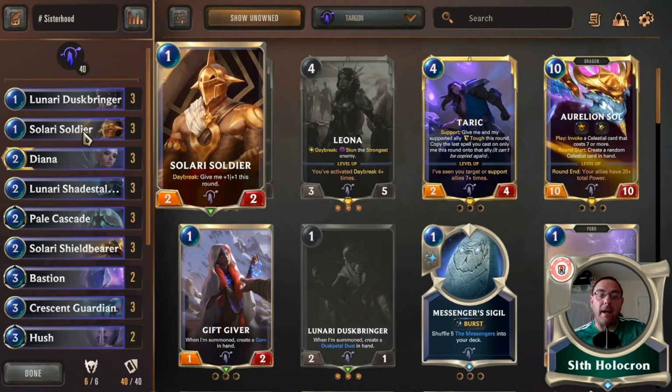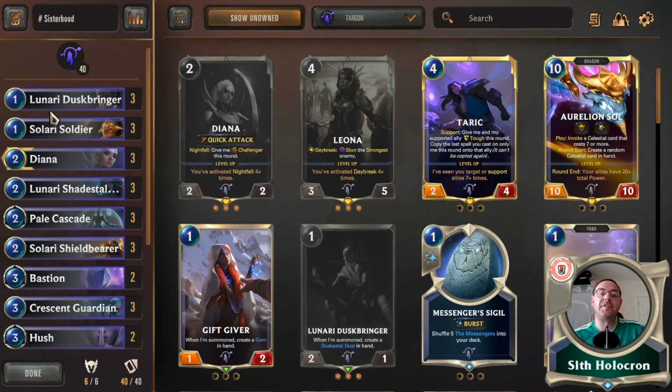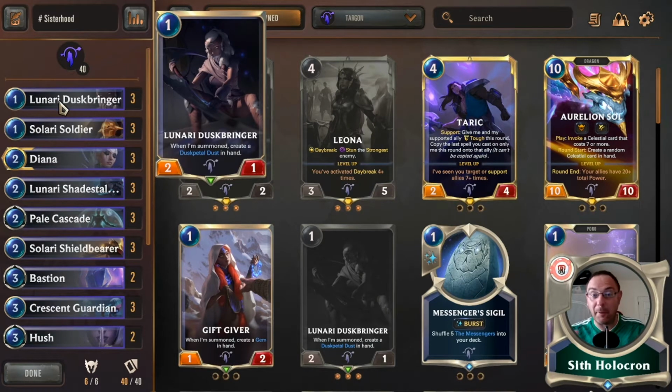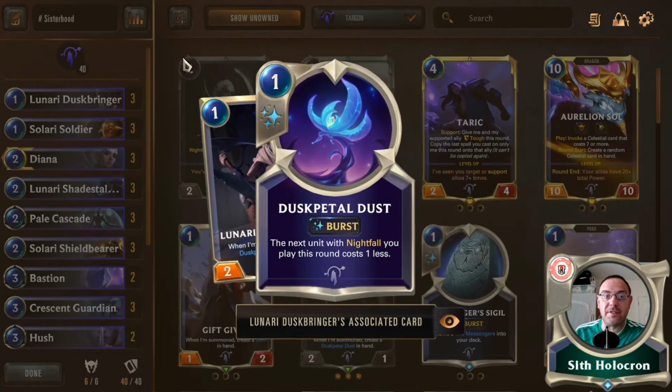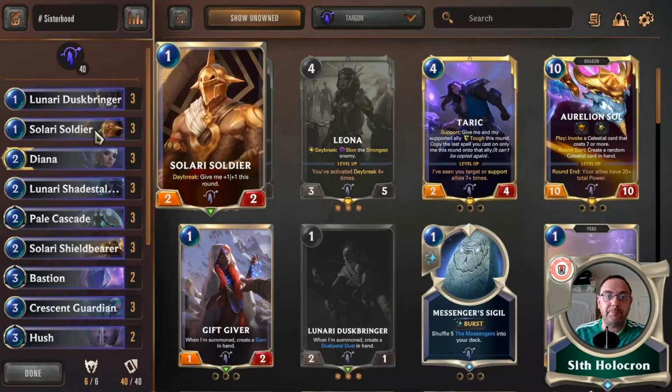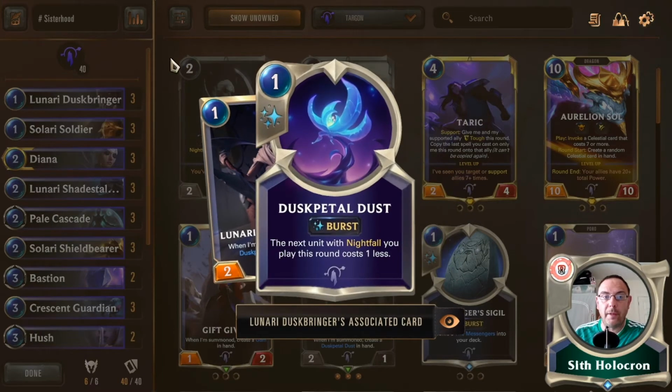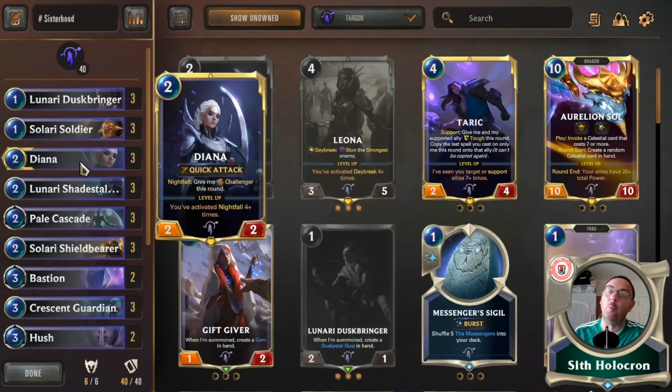So I went for the full Lunari package and the full Solari package. So night and day and night. Anyway, so she's great, and then brings out this thing. So then you could, for instance, take this, drop it, and put Diana out for 1. That's pretty good. And get her Nightfall